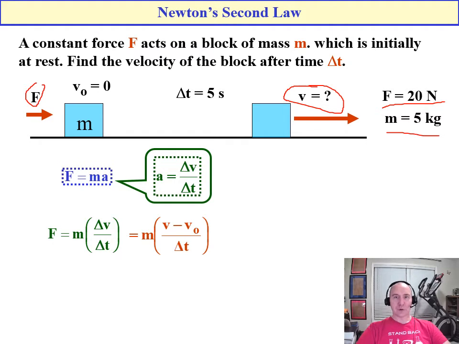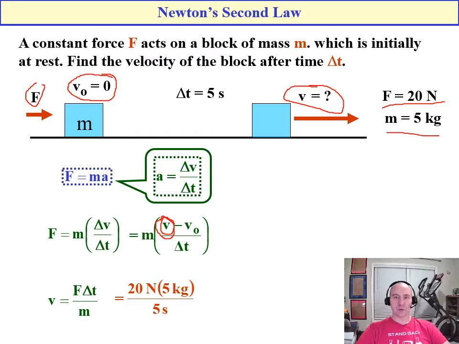All right, now we're trying to figure out the final velocity. We want to get to this variable right here, so we need to get everything else on the other side. We divide by mass, multiply by time, and then we're going to add our initial velocity. Now you notice they don't have the initial velocity in here, and that's because our initial velocity was 0, so they basically just dropped it. All right, plug in our numbers, 20 times 5 divided by 5, that gives us